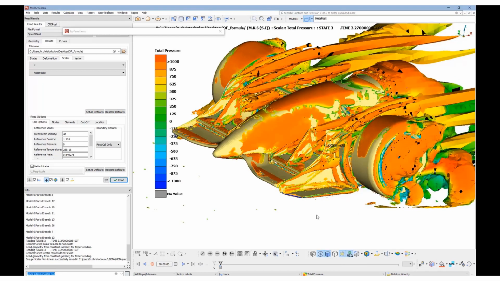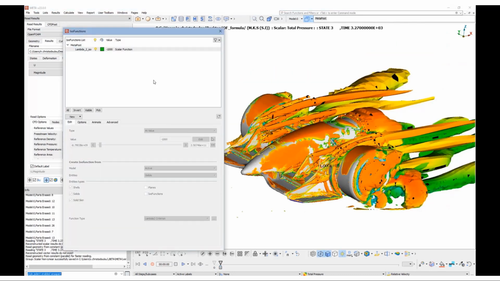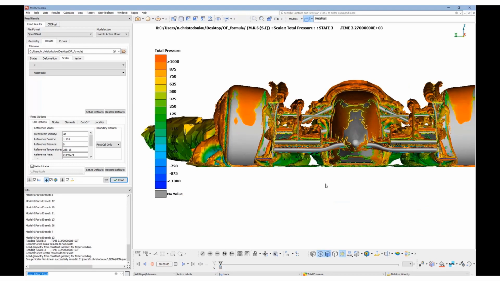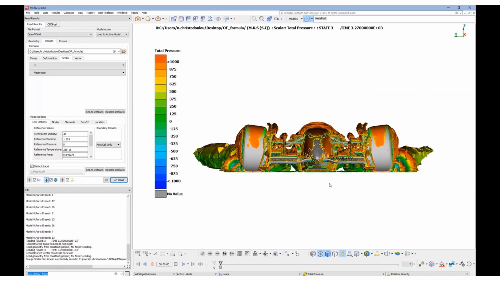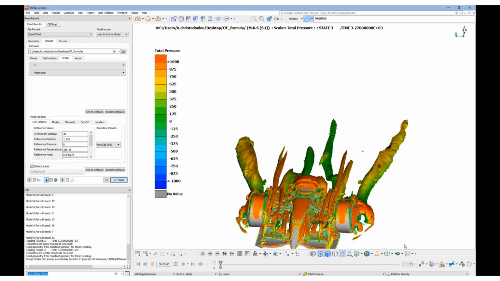And in this way we can see clearly the ISO function drawn and colored based on the total pressure. This is a very useful feature, since we can not only see where the vortex structures are, but we can also see how much energy they transfer.